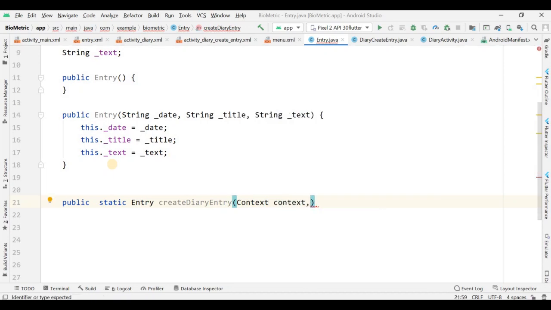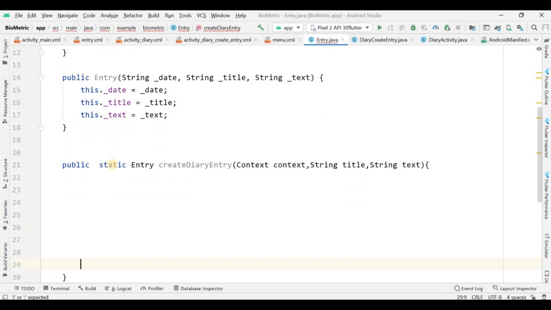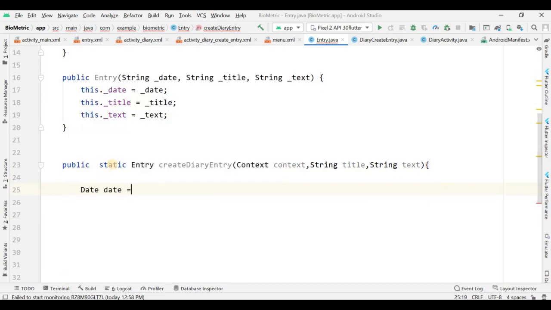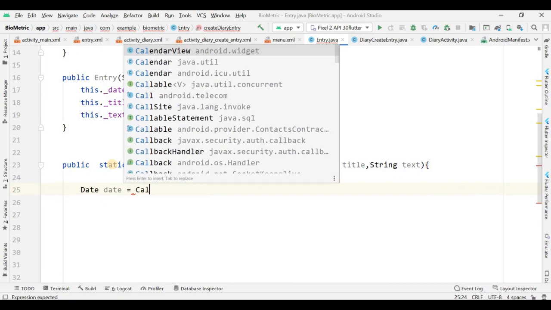Now date equals Calendar.getInstance().getTime(). Okay, so date is taken, and now the date format